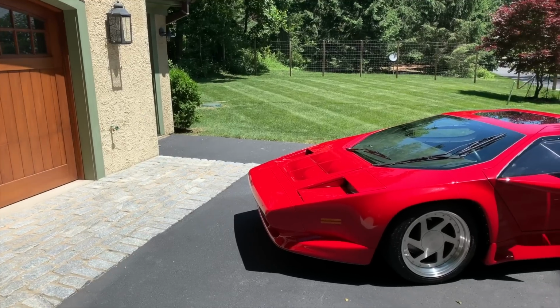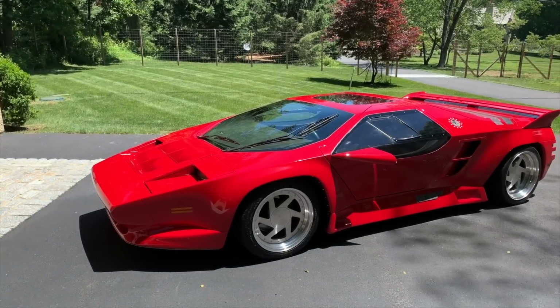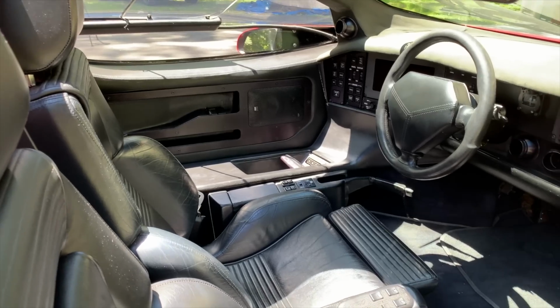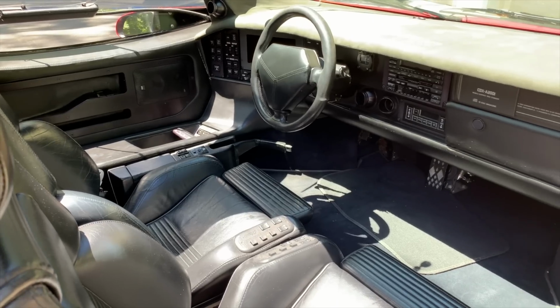This is more Doug DeMuro, and today I'm driving the Vector W8. But before I do, a little overview: the Vector W8 was an American supercar made in the late 1980s and early 1990s, incredibly rare and meant to resemble a fighter jet both in appearance and interior cockpit layout. Naturally, this car is tremendously quirky, and so the video of all the quirks and features ran almost 40 minutes,